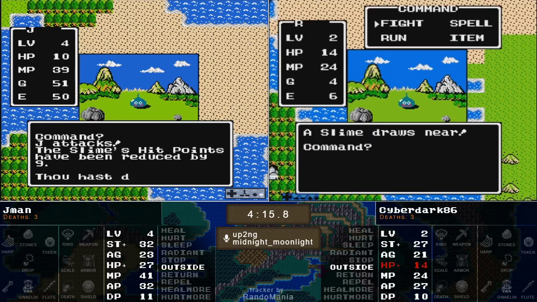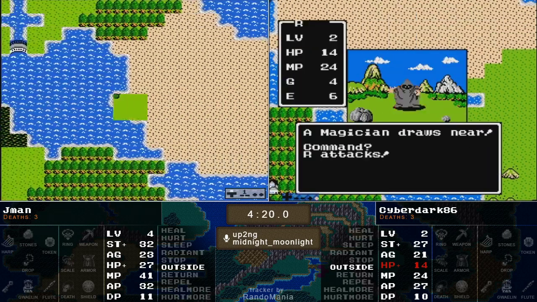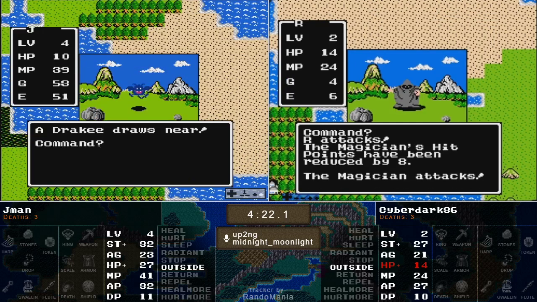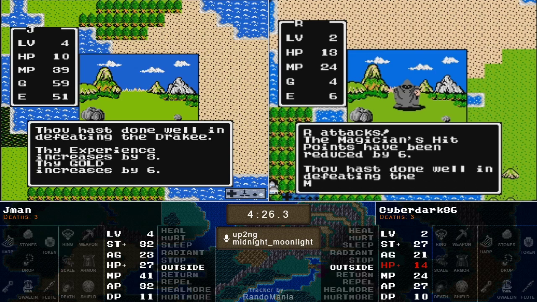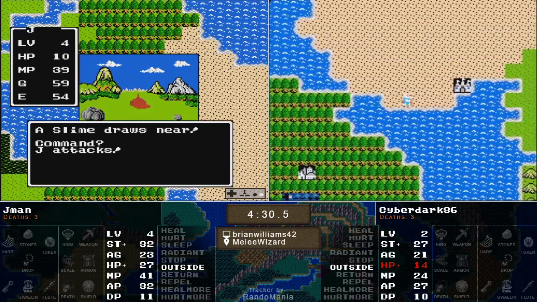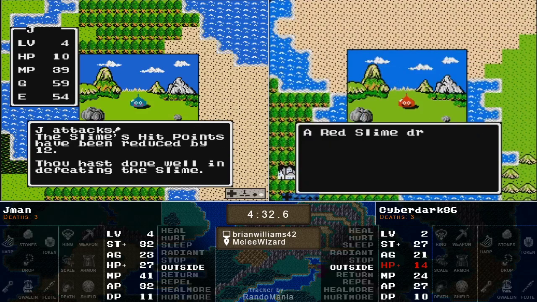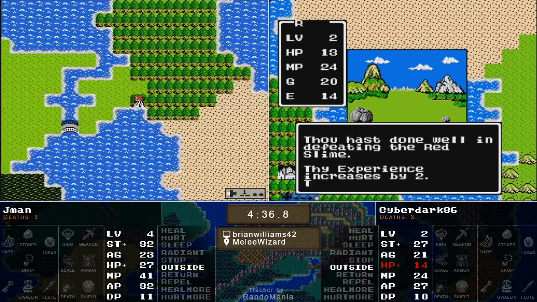I feel like it's a little bit of difference in luck early on here, as Cyberdark still only has 6 experience points, and J-Man is off to the races here. Absolutely, yeah. As he takes on the Drakey, takes out the Drakey. Yeah, he seems to be having much better luck with the RNG, with Cyberdark over here grinding on the red